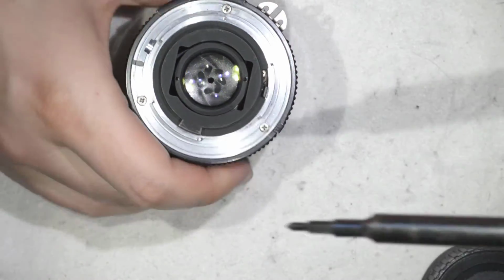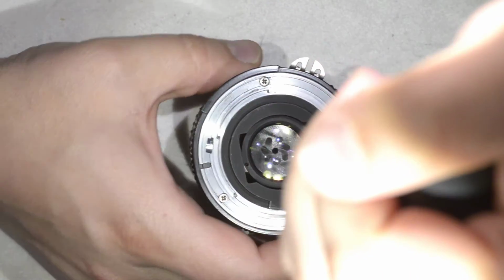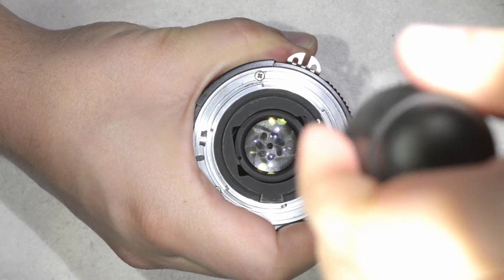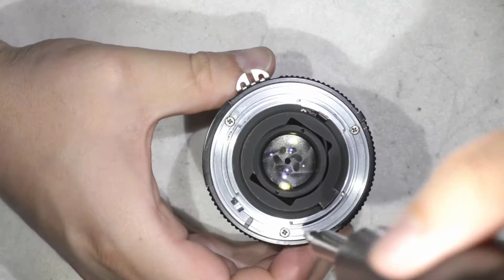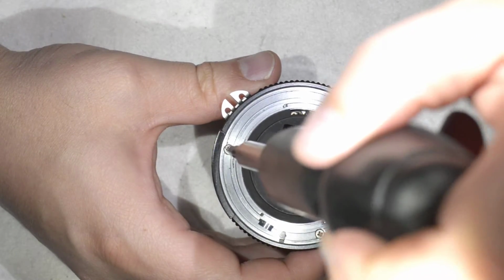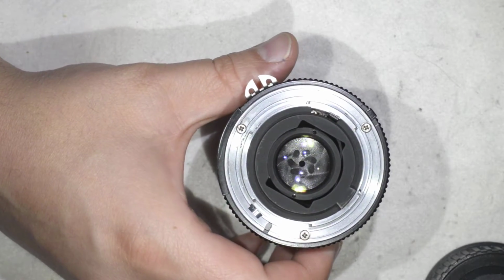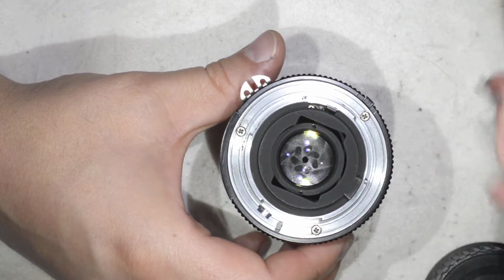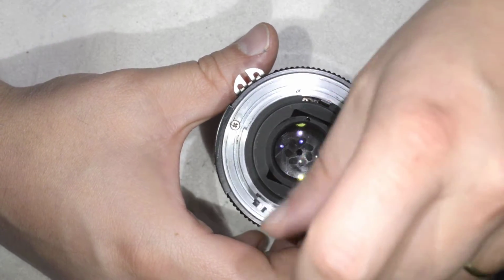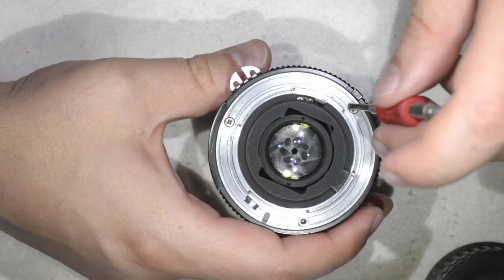So I push with my screwdriver really hard into the screw head, and then I twist, and this way I'm able to untighten the screws without damaging the heads. So this is the very first thing you need to be really careful about, otherwise your repair risks stopping immediately at this point. So once you get the screws removed, well, at least untightened,